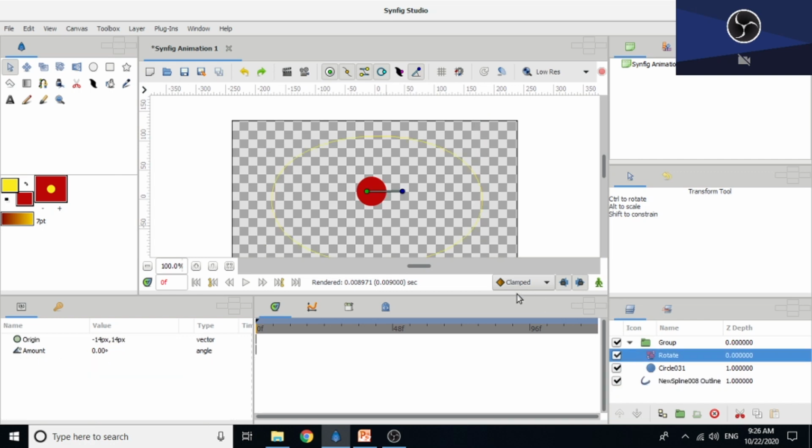Now we need to rotate this circle on the given path, whatever path we have created.